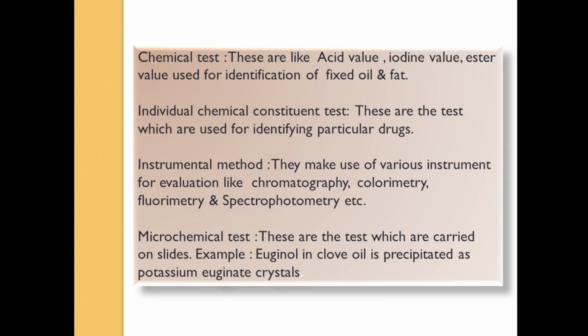In the same way, if any drug contains starch grains, the starch grains will determine its quality. For example, ginger powder. When we add a staining reagent on that ginger powder and see it under the microscope, the starch grains present in it will get blue color due to iodine, and from that we can determine that starch grains are present. So it will determine the quality and purity of the sample.